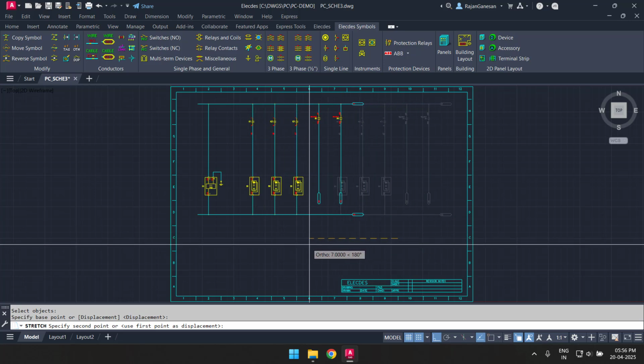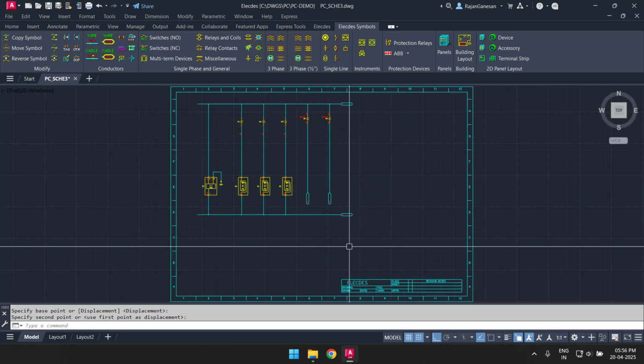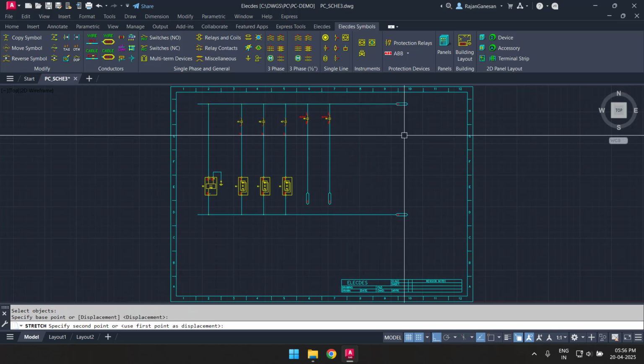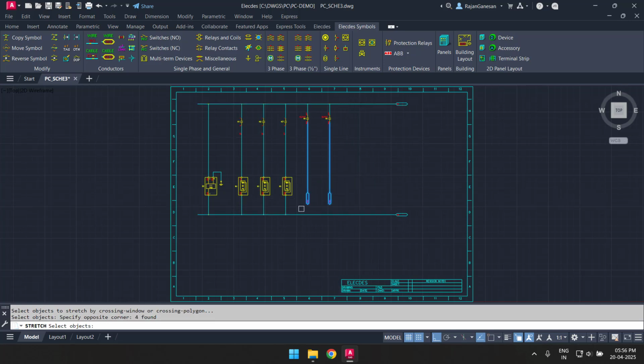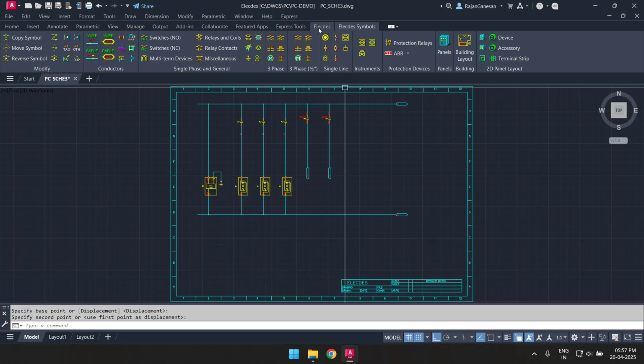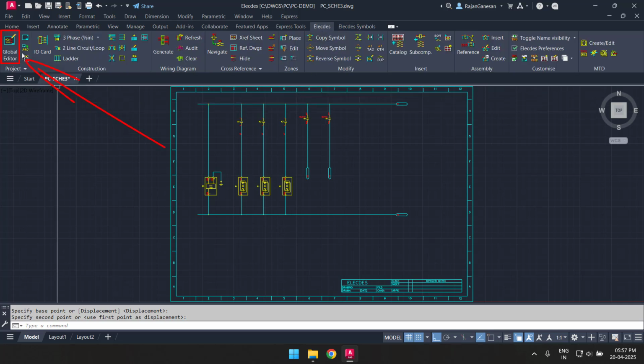Within the Global Editor, the components are segregated by type. There is a table for devices, cables, wires, terminals, and several other table types. The Global Editor can be used to edit components on a section of a drawing, on a whole drawing, or any number of drawings from your project.